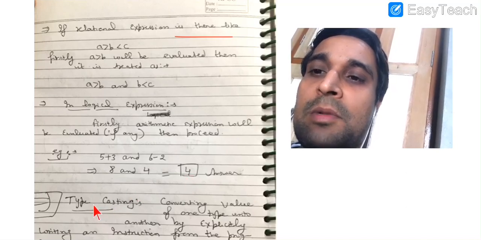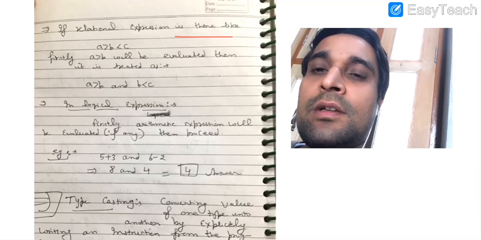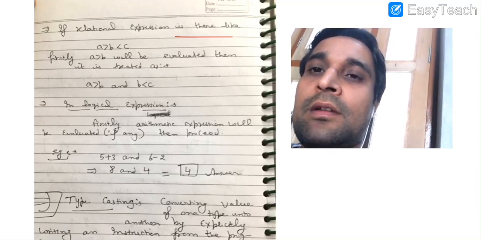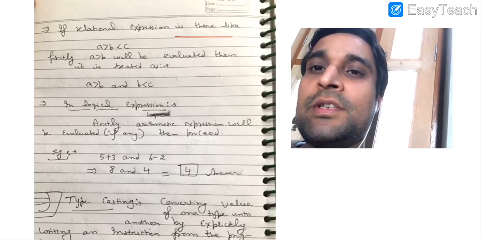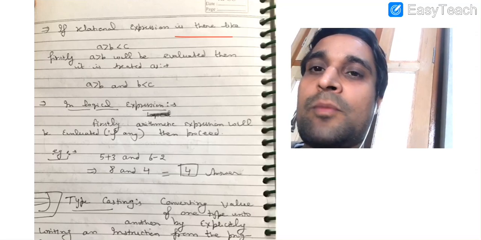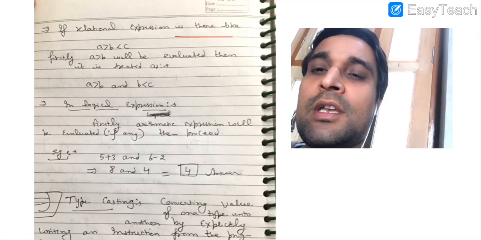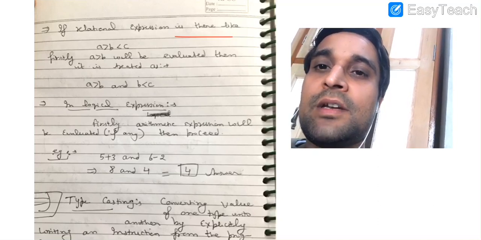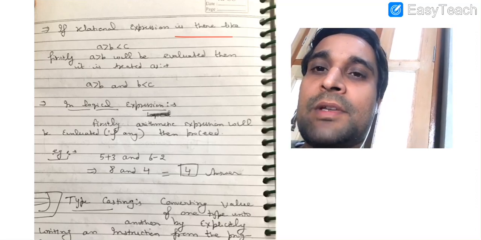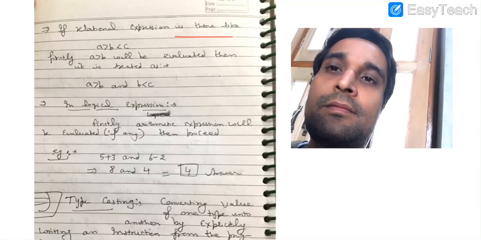Now we are going to discuss typecasting. Typecasting is also known as explicit or programmer defined type conversion. The concept of type promotion is basically automatic type conversion which is followed by Python. But what if we want to change the result to a specific type by writing a statement in our program? Then this concept is known as typecasting, explicit type conversion or user defined type conversion.